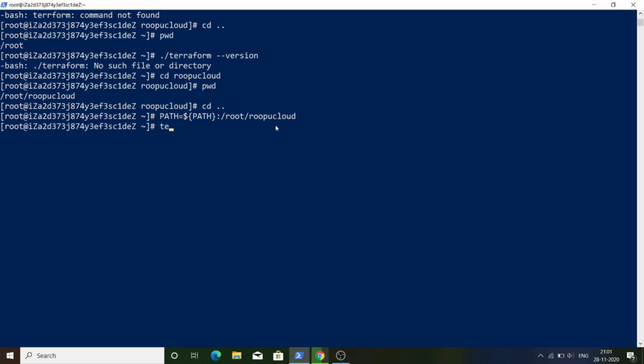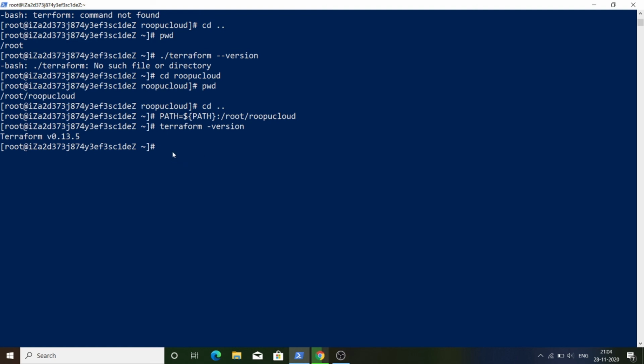Now if you run the command terraform hyphen version, you can see this command is successfully running. Now you are in the root directory and you can run this command. Before, this command was giving you an error, but now it is successfully running.